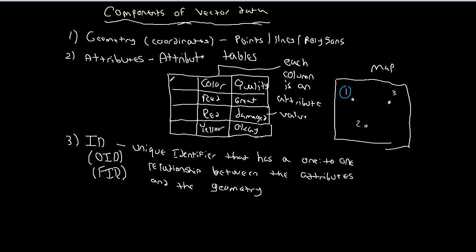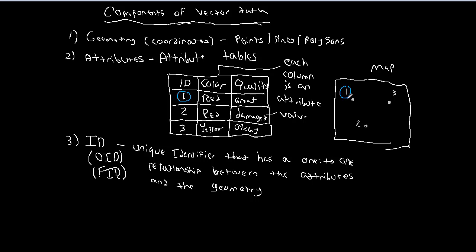If we add another column into our attribute table called ID, and we go 1, 2, 3, this one here corresponds to this one here. And what the ID does is it says, hey, whatever we do to the geometry with an ID of 1, we have to keep track of the fact that it is related to the attributes with an ID of 1. It is essentially a key or a connection or a link between the attributes and the geometry,